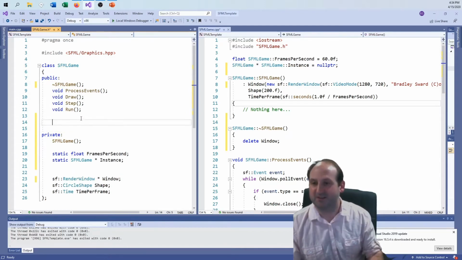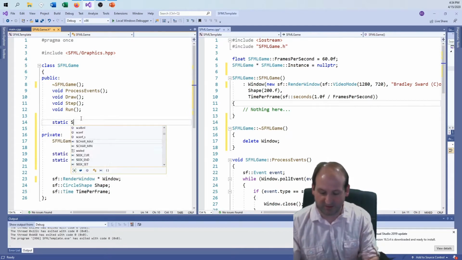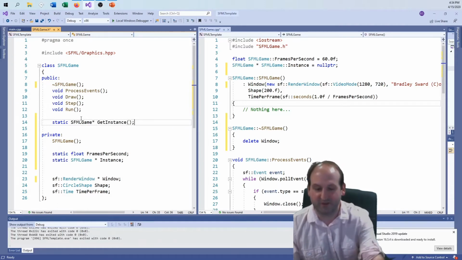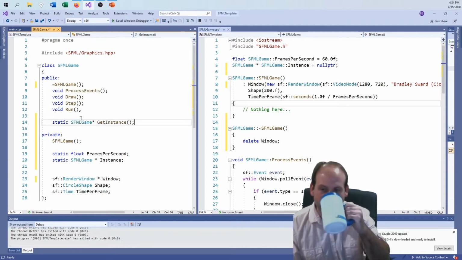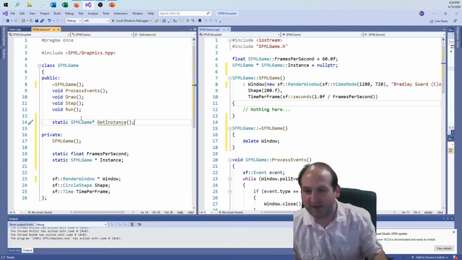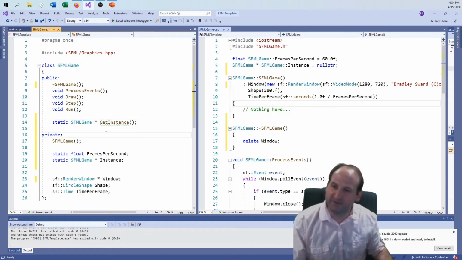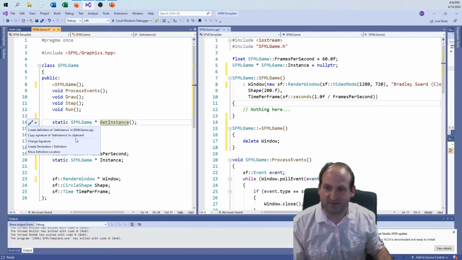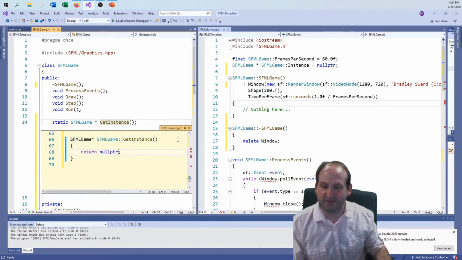So the public function is a static function to return an SFMLGame pointer using a getInstance function. This is the conventional way of doing things, at least in C++. And at some point I will stop fighting moving that pointer around. Okay, so I can access this function, create this function, and so what I'm doing over here is basically saying,